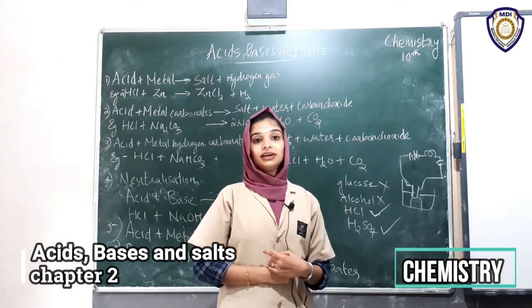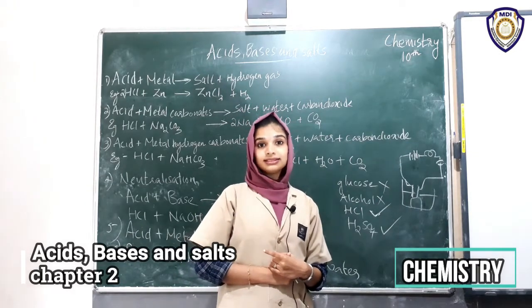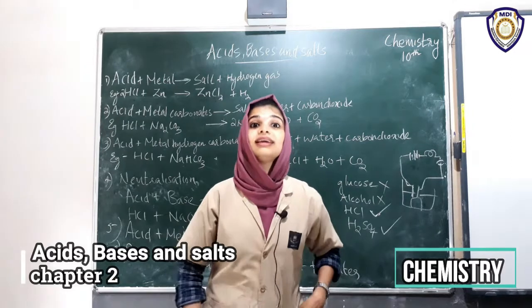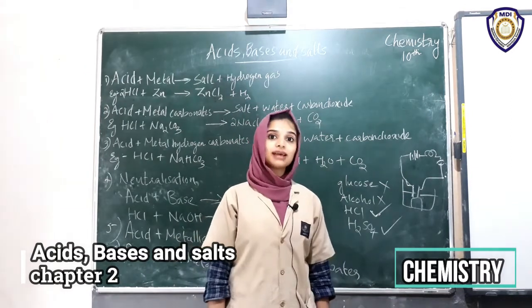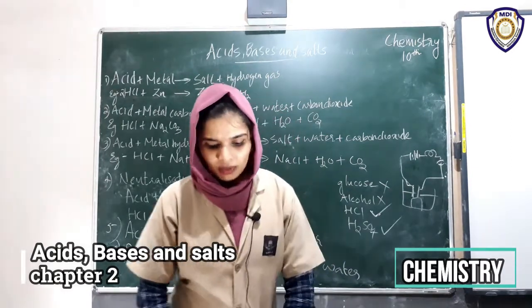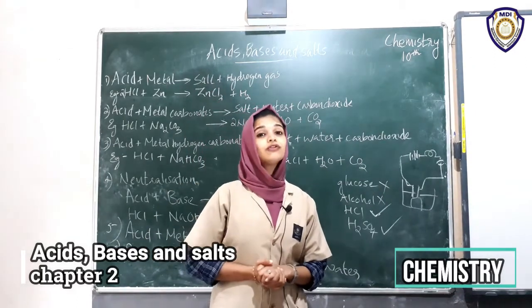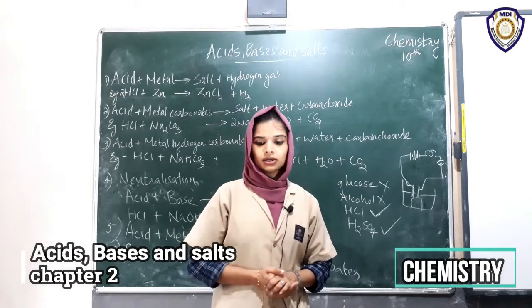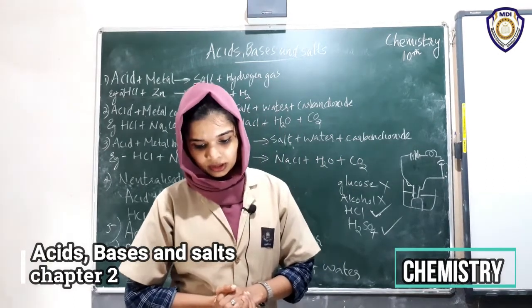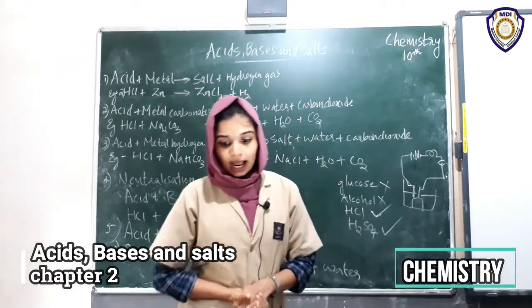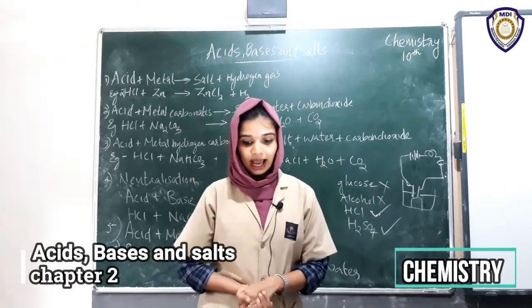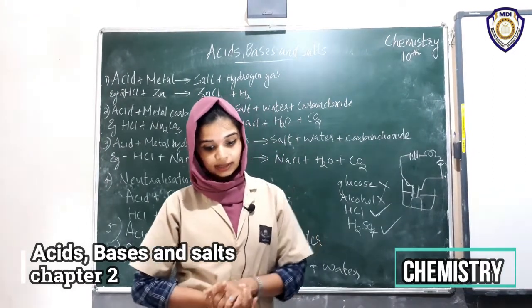So in general, acids commonly have H plus ions. Then what happens to bases? In the case of bases, what is common to them? For example, alkalis such as sodium hydroxide and calcium hydroxide.